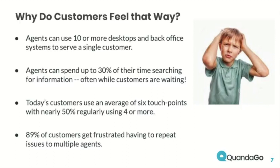On the customer side of this, there's also increasing complexity. Everyone talks about digital engagement. We talked about multi-channel contact centers 10, 15 years ago, and we knew it was coming. I think the reality of today, it's not only here, it's pretty expansive. So bullet number 3 here, a customer uses an average of 6 touch points, with half of customers using 4